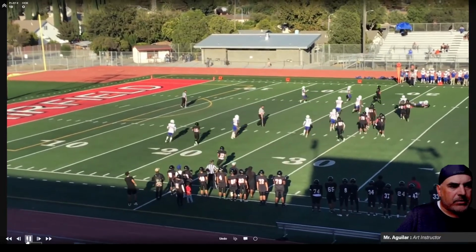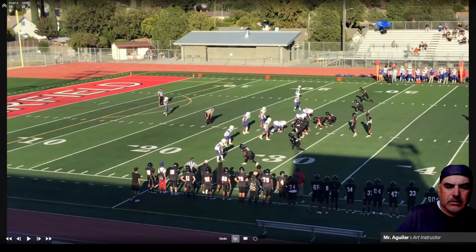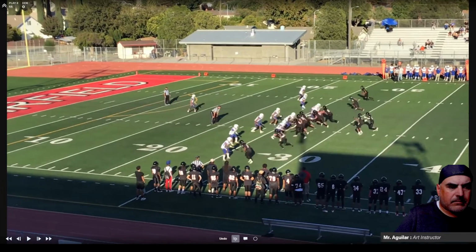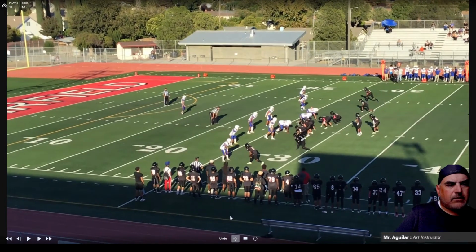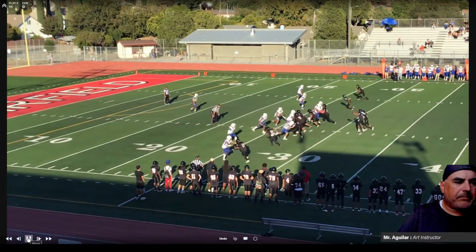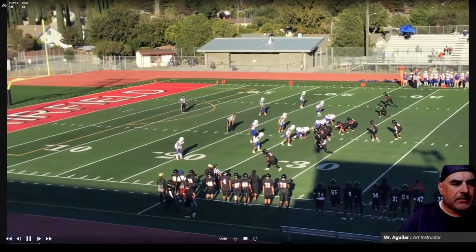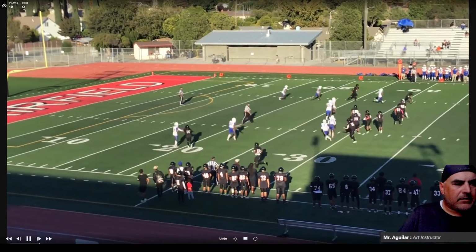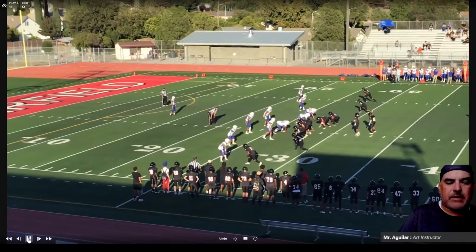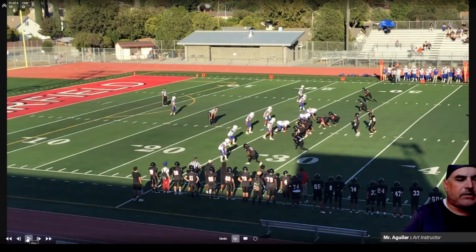And they just do a quick bubble screen. Okay. So let's look at what set this up. They've already thrown a couple of deep passes, so these guys are playing off because of his speed, which is allowing the guy to play off. Again, you're just going to have to rally to the ball. Oh, that was the previous play. Let me go back to that one then. And again, they can do that if they have speed and you guys have to play off. That's what they're going to do.